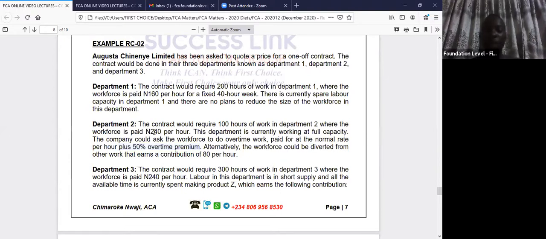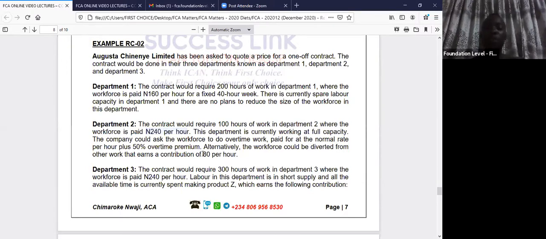I'm going to be paying you 240 naira per hour for this job. Yes, I have paid you for your time, but I'm diverting you from your job to come and do this. So I must pay you for this. Because if I don't want to pay you, I go and get temporary staff and pay them. So now I am converting you to temporary staff to come and do this. I'll pay you 240. Then,